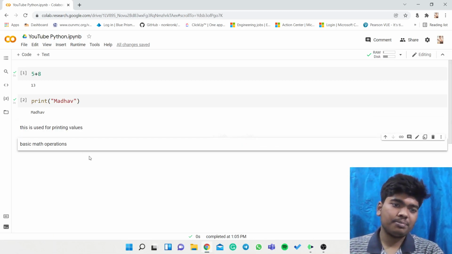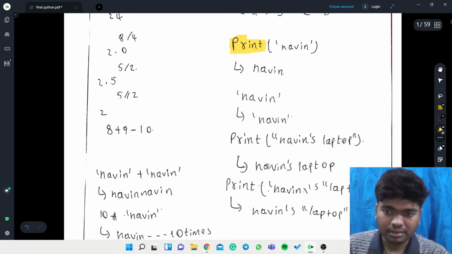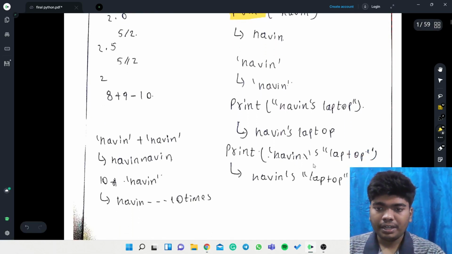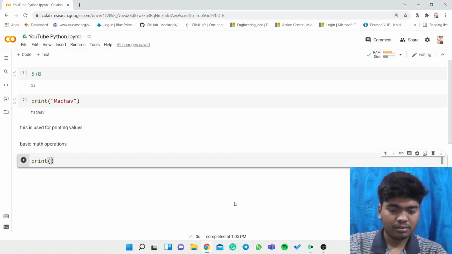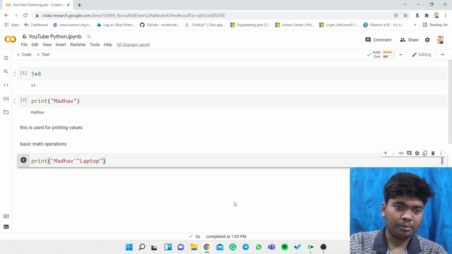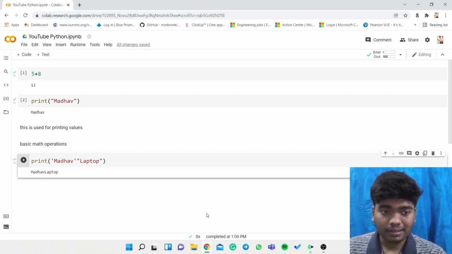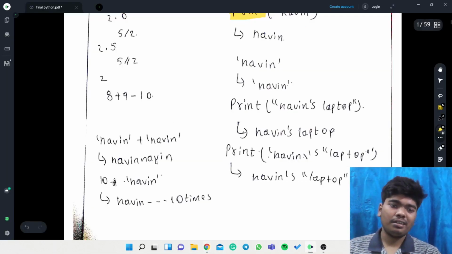Here I had printed a string. Here I printed Madhav, and then Naveen's laptop. We can print it like 2 words if required. In this way we can also print things, so whatever it is, we can do in Python with very basic English.